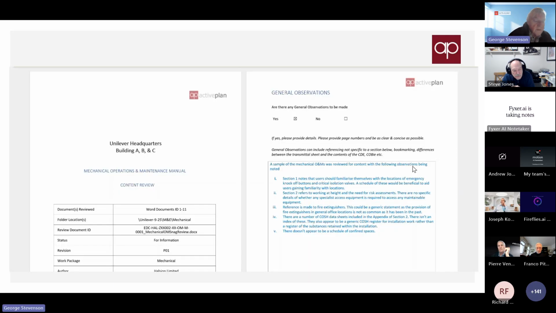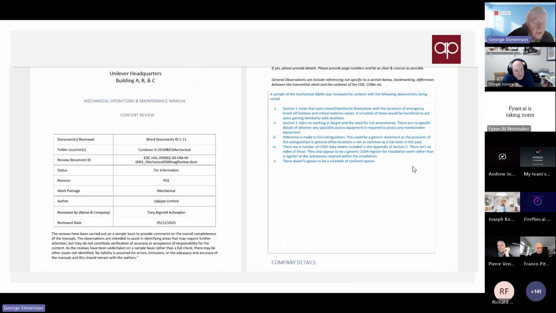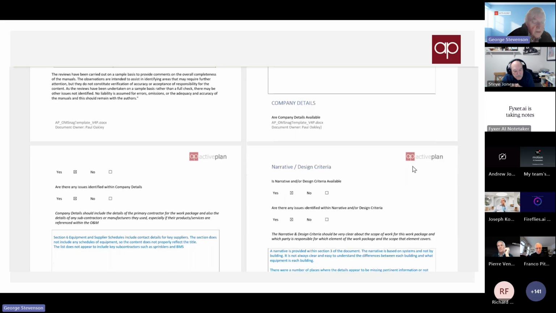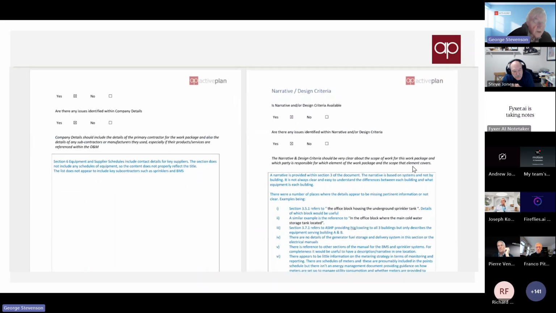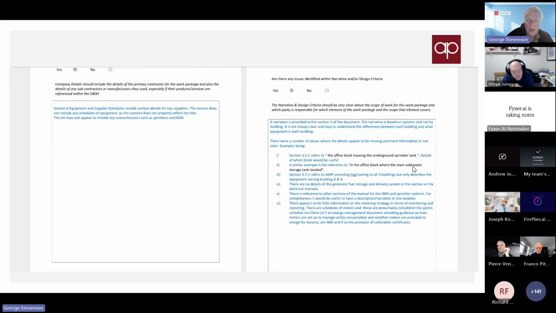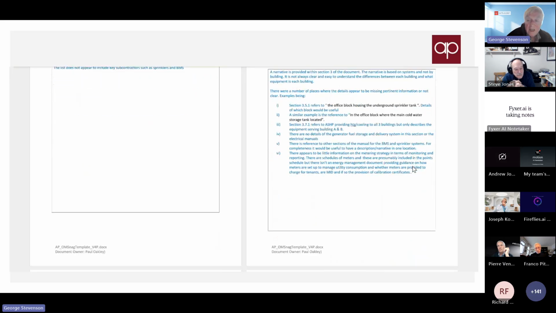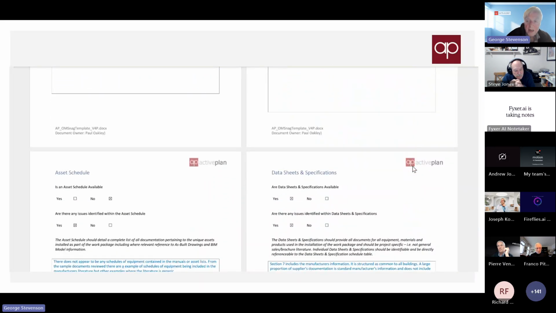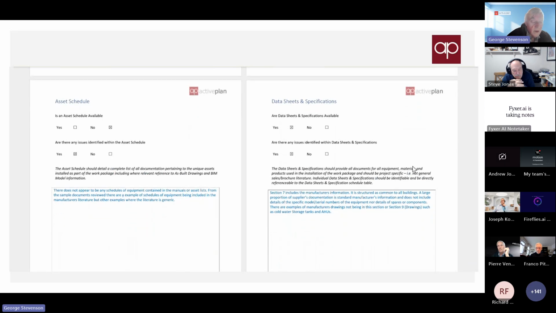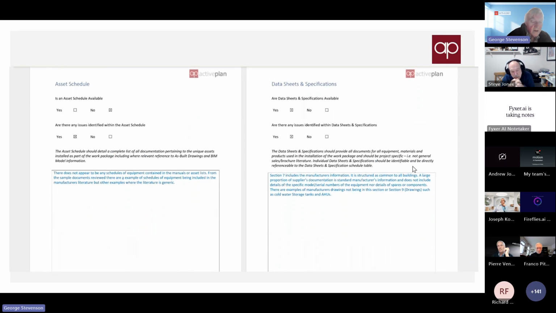What we've also done is we've taken a manual process that we've been operating for some time now of doing a snagging audit of O&M information. In this particular case, there were 54 work packages. So what we've done is gone through and manually done